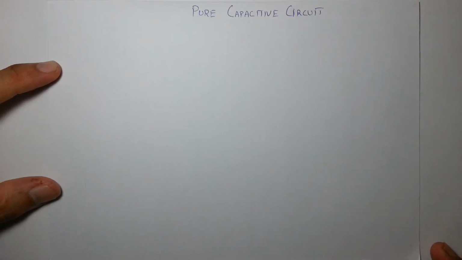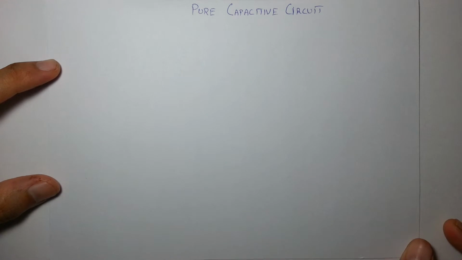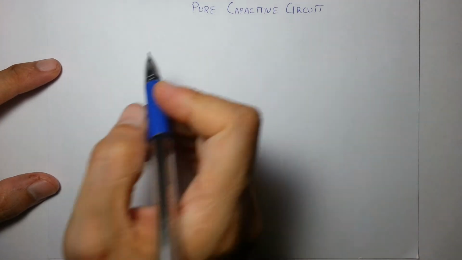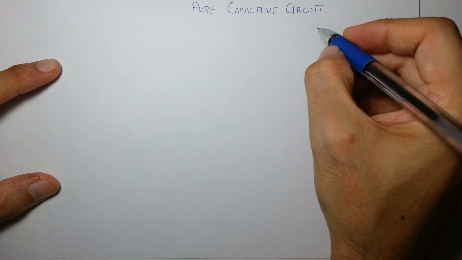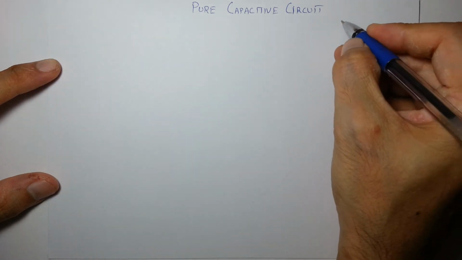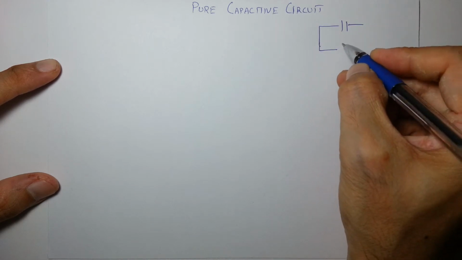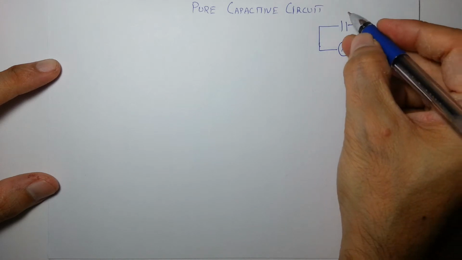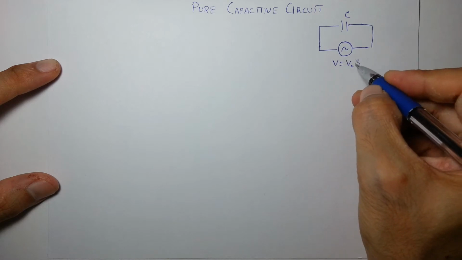So in this video I'll talk about pure capacitive circuits and how they can be solved effectively. Okay, what is the equation? Let's start with the pure capacitive circuit, which means a capacitor is directly connected across an AC source. The capacitor has capacitance C, and the AC source is given by V0 sin